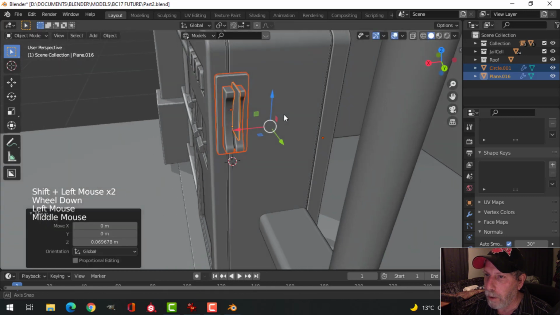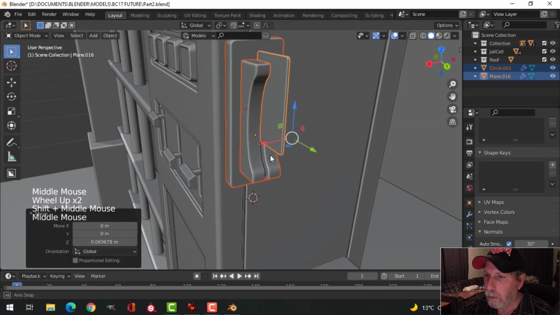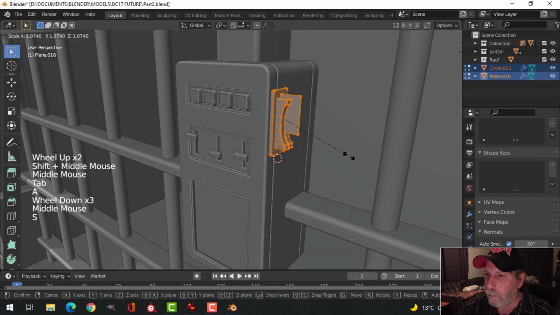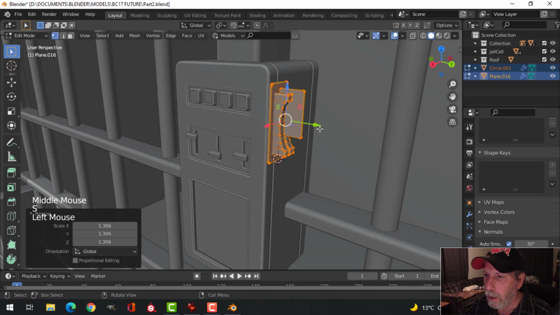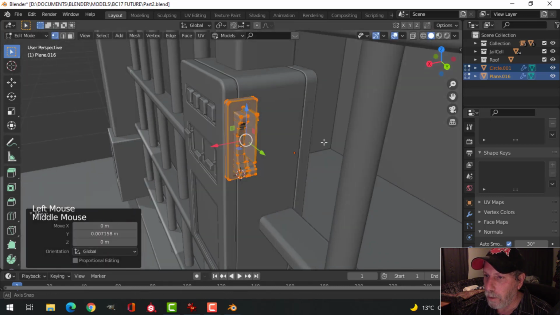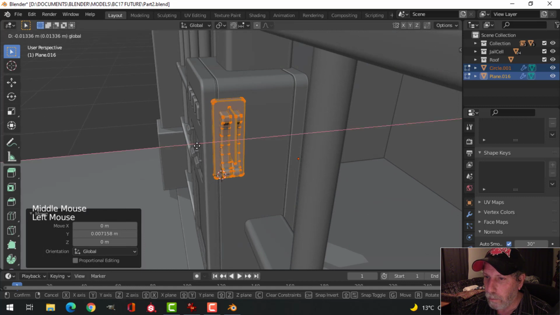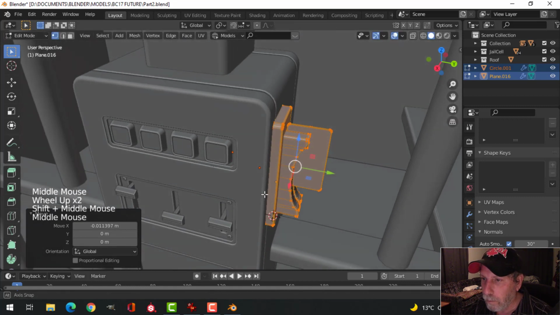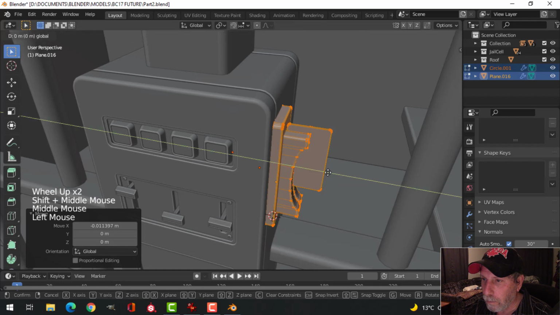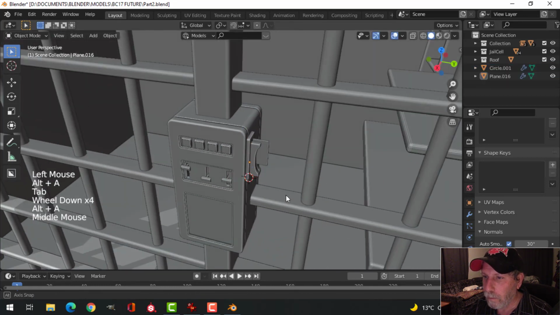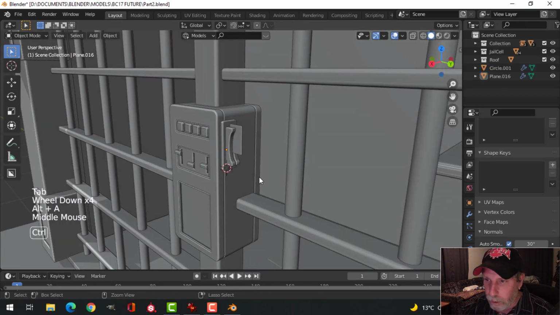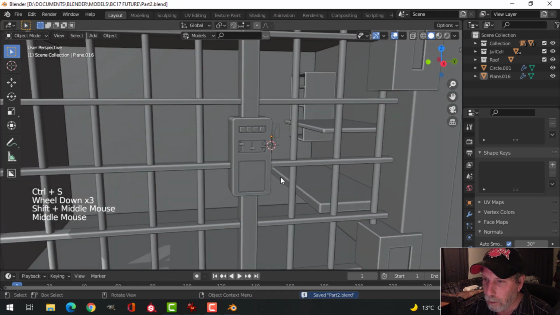Maybe I want it up here. I'm just going to do this, globally scale it, pull it out, and position it. We'll see. We will see. Okay, so I got